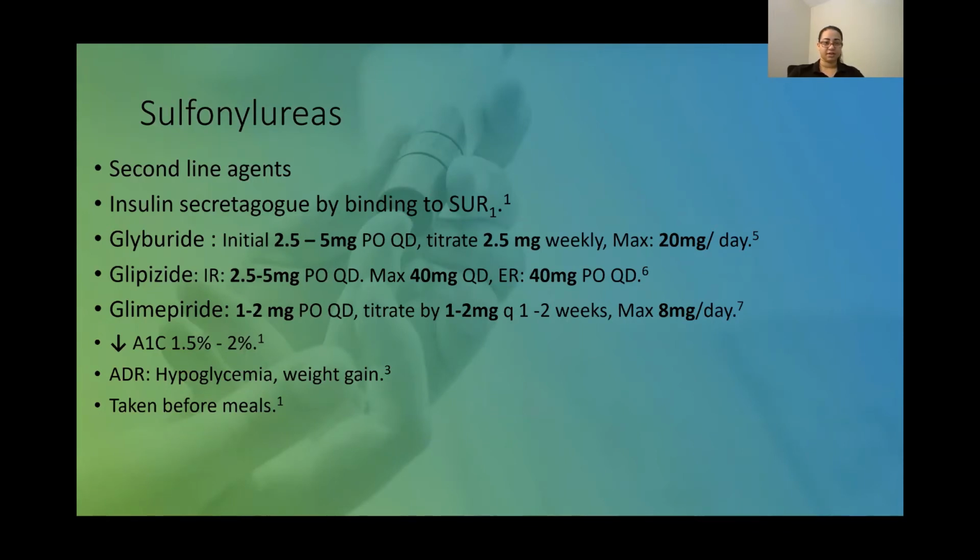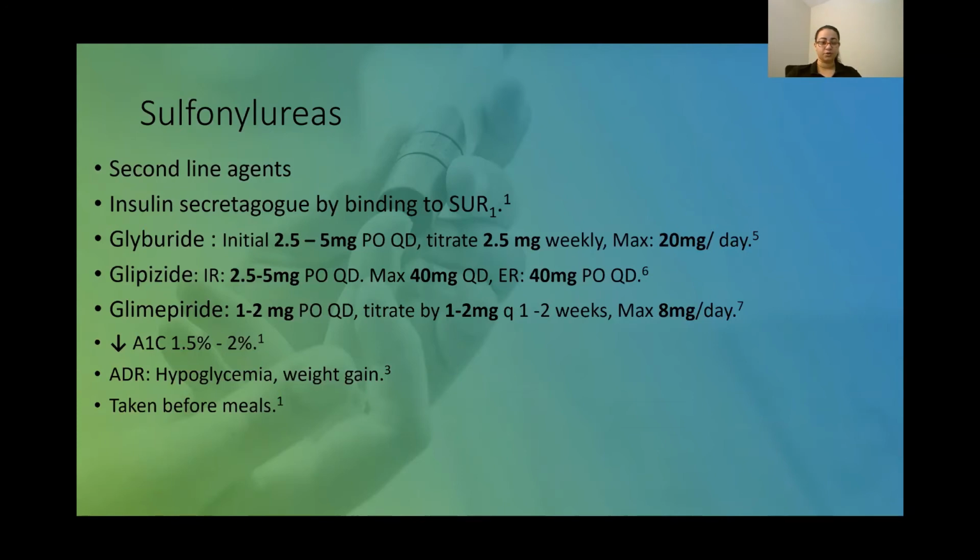Sulfonylureas, they are second-line agents. They are known as insulin secretagogues, and they do that by binding to the SUR1 receptor. Sulfonylureas include glyburide that could be started at 2.5 to 5 milligram by mouth daily. It could be titrated at the rate of 2.5 milligram per week to a maximum of